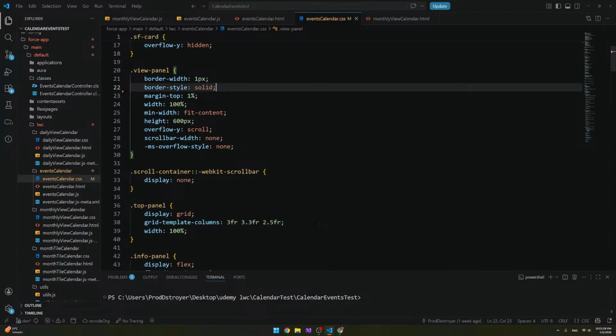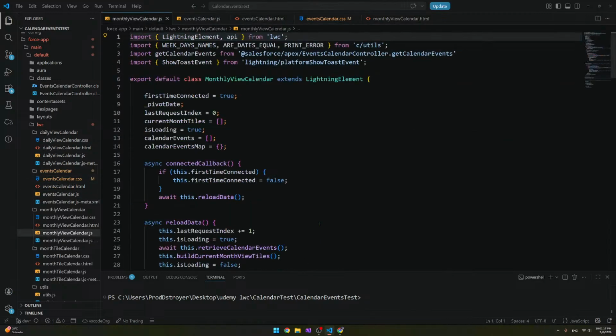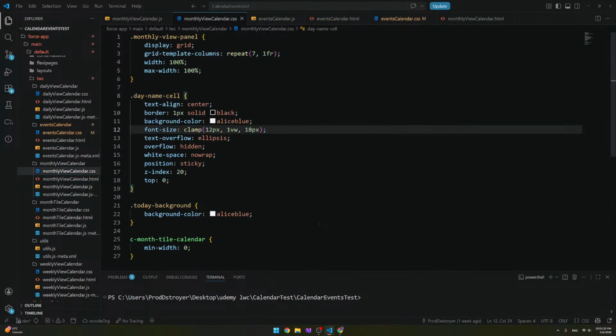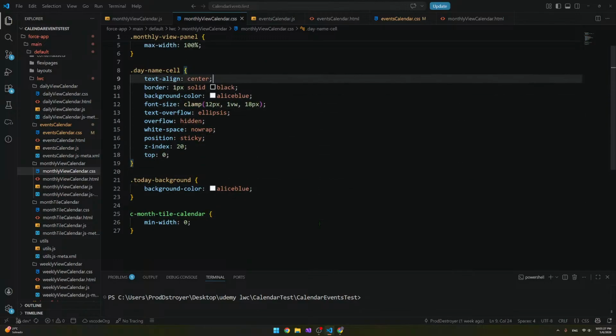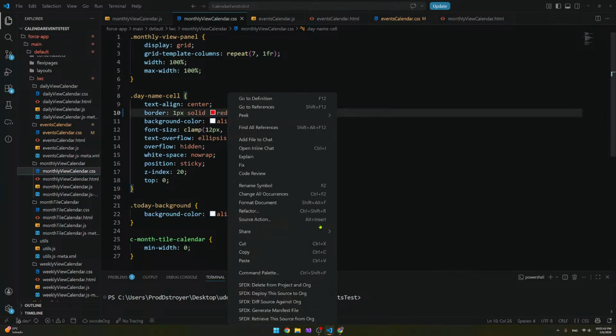Where does that border belong to? So it could be mainly from the monthly view calendar. The monthly view calendar CSS is a very funny component which has a border of 1px solid. And yeah, now I know it, because if it is red, let's just change it to red for a moment,